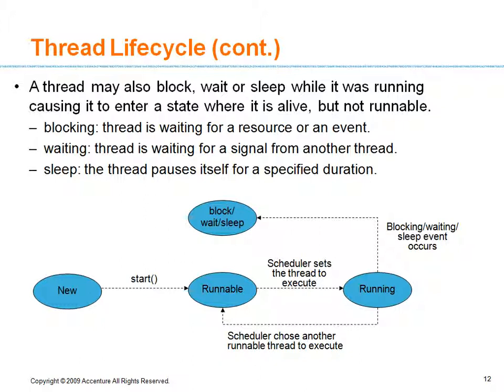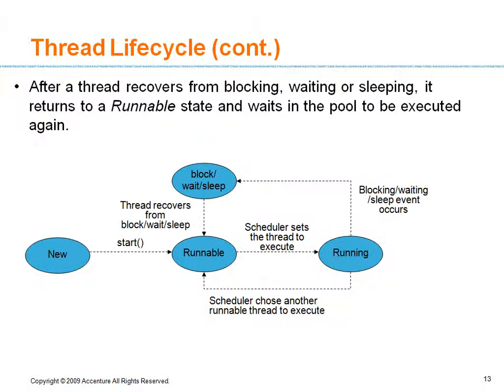Right? When the thread is waiting for something, it will go to blocked state or wait state or sleep state. There are 3 names. Blocked state or wait state or sleep state, all are the same. When thread is waiting for a particular IO device, it will be in wait state. But after some time, let's assume why the thread which was running came to this state? Because it was waiting for a printer, right?